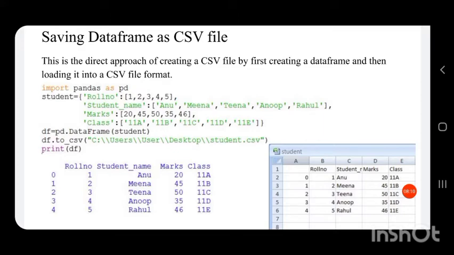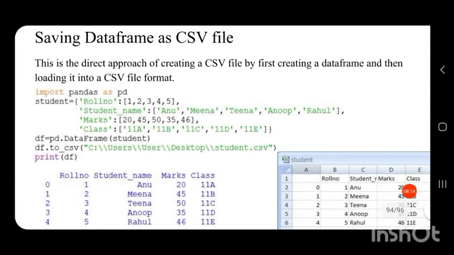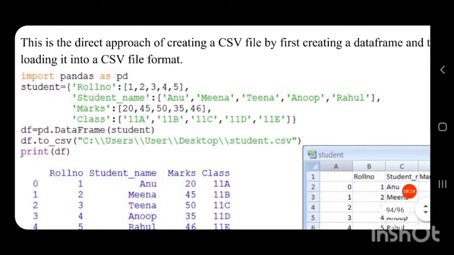To create a data frame, we have to use either a list or a dictionary. Here we have used a dictionary, student. In the student dictionary, you can see the key roll number and its corresponding values, then another key student_name, colon, its corresponding values.